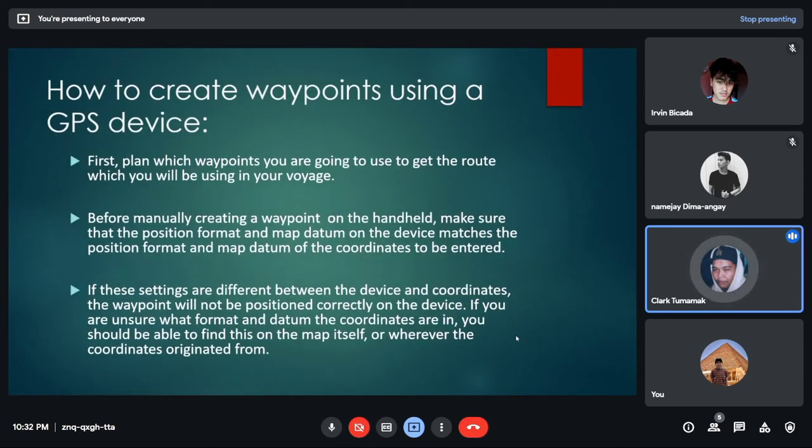How to create a waypoint using a GPS device. First, plan which waypoints you are going to use to get the route which you will be using in your voyage. Before manually creating a waypoint on the handheld, make sure that the position format and map datum on the